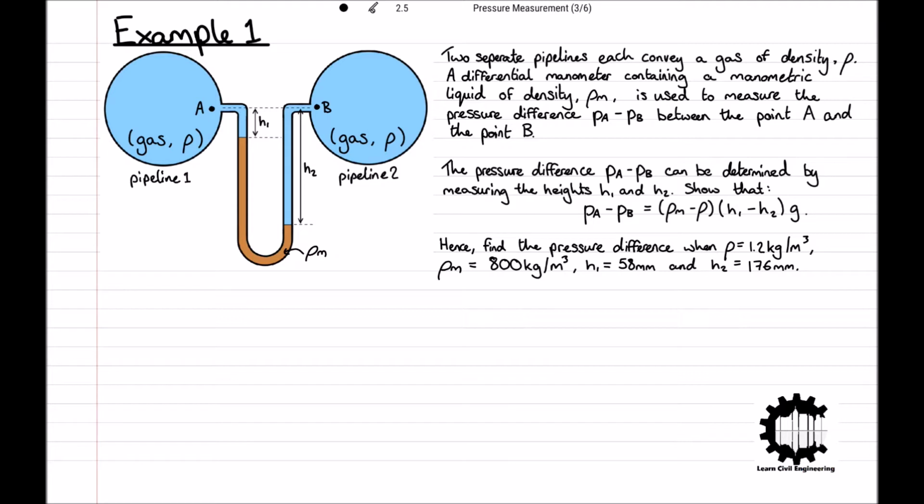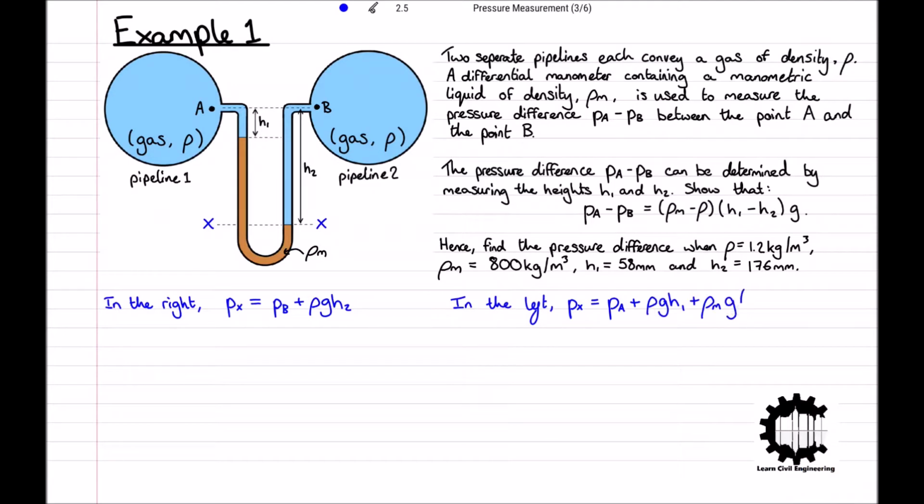Firstly, we must identify an elevation, which we will denote x, at which the pressure, Px, can be related to the pressures Pa and Pb. So we will take x to be the elevation of the lower interface of the manometric liquid in the right-hand side of the manometer. Therefore, in the right-hand side, we have Px is equal to Pb plus ρg h2. And in the left-hand side, we have Px is equal to Pa plus ρg h1 plus ρm g times by